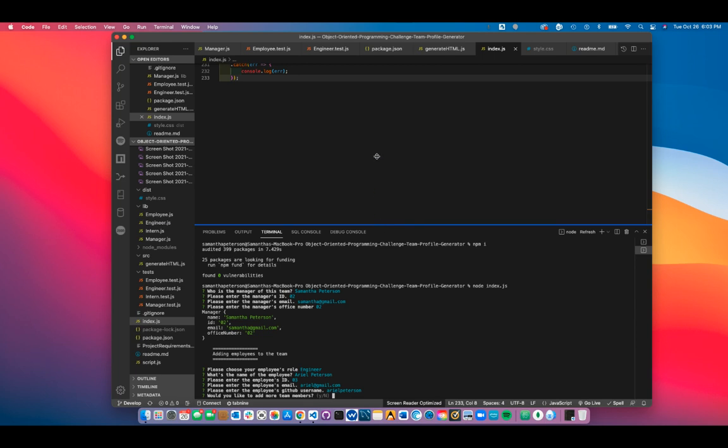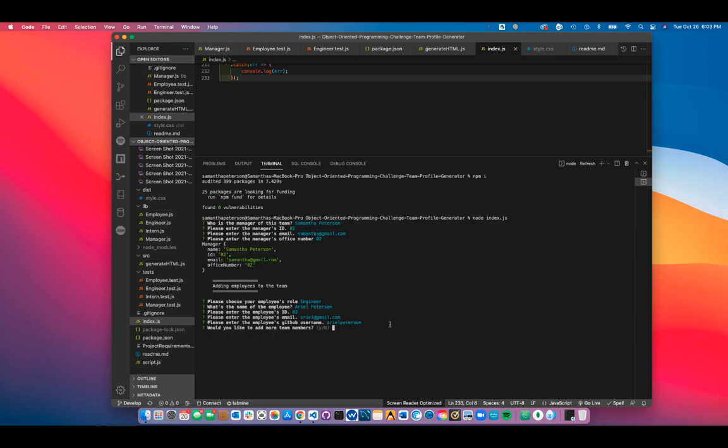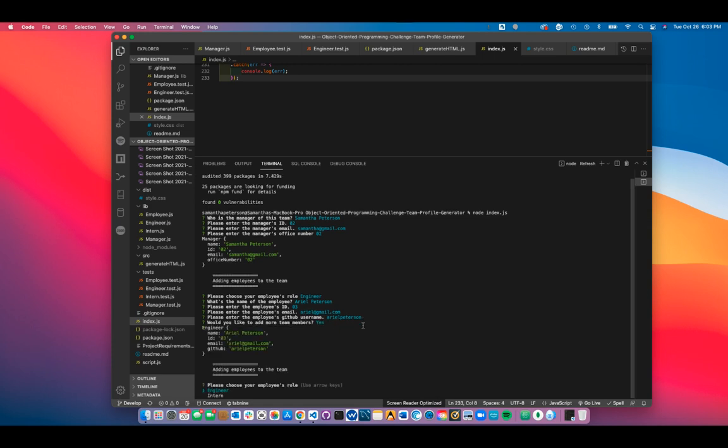I'm just going to pull this up a little bit more so you can see it. And then it's saying, do you want to add more team members? Sure. I'm hitting Y and enter. And then awesome, because it's turned this information that we gave it into another object. And it's helpful for me to see this too because